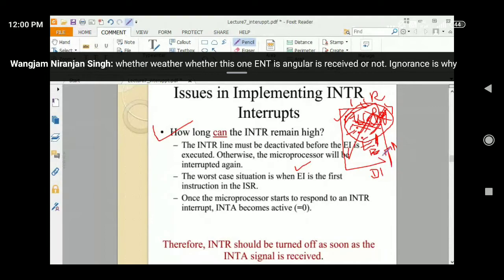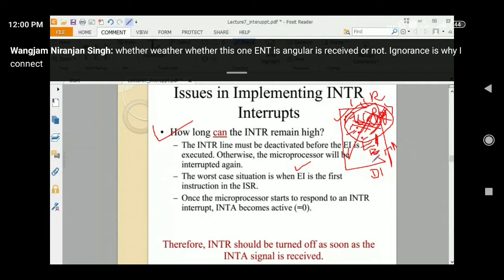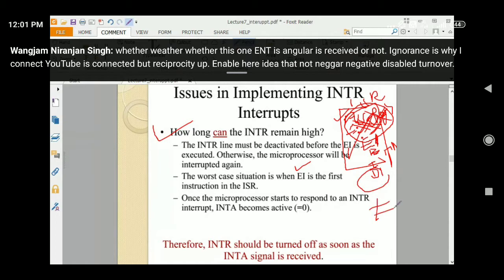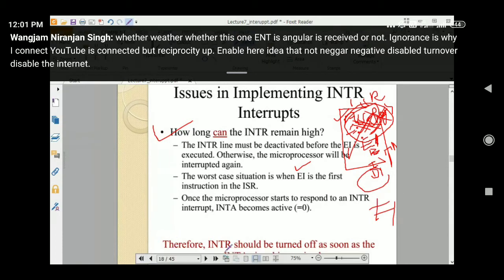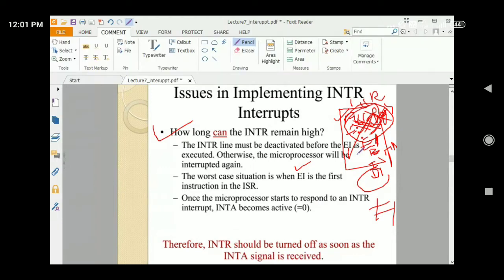रिसीव करने के बाद फिर से आप इनेबल नहीं करेंगे, डिसेबल टर्न ऑफ कैसे करेगा, DI करेगा, डिसेबल द इंटरप्ट. अगर ये नहीं डालने से फिर से इंटरप्ट होगा, तो DI उसको टर्न ऑफ करना है. जो भी इंटरप्ट आपने इनेबल किया, उसके बाद लास्ट में फिर से उसको टर्न ऑफ करना है. माइक्रोप्रोसेसर को पता चलेगा कि जो भी इंटरप्ट है सक्सेसफुली एग्जीक्यूट हुआ है, by looking whether I received the acknowledgement or not.